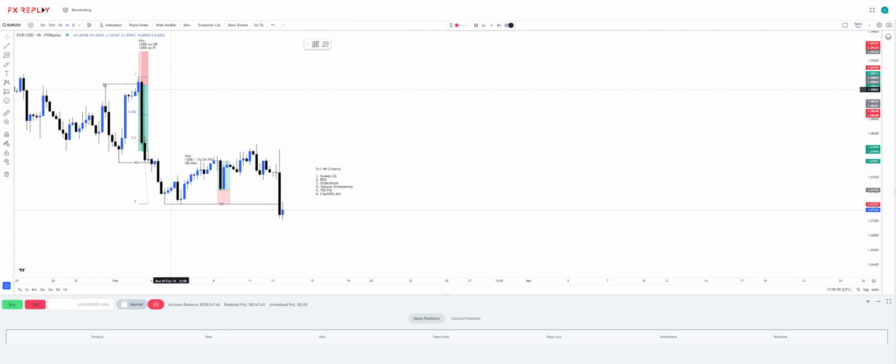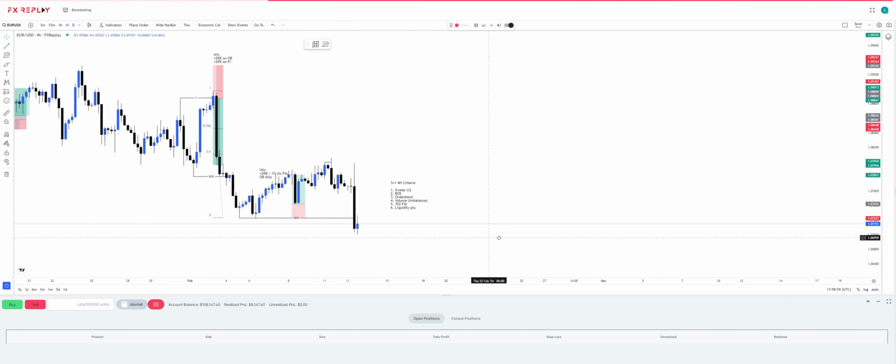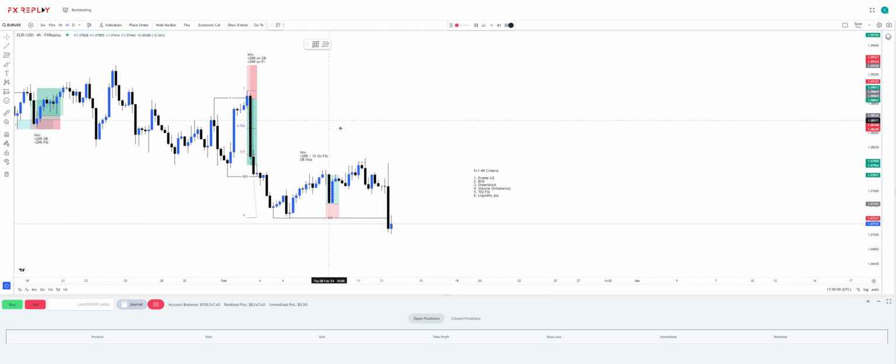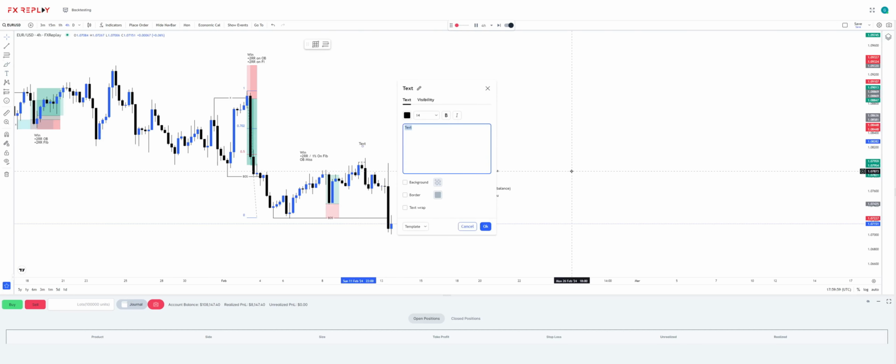Okay, so new break to the downside. Also a middle of nowhere reversal. But we did sweep internal liquidity before this break of structure to the downside. Okay, so again, this is a middle of nowhere reversal. And as we spoke about earlier,